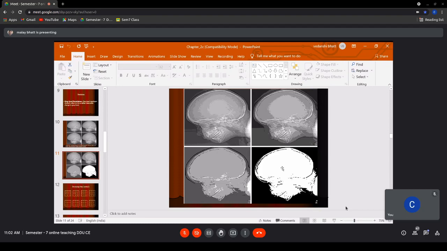And at last, we have only 2 levels, 0 and 1. You can see a pure black and white image. Hardly can you identify that it is the face of a human, the head of a human. You cannot see that even clearly. So this is how, through gray level resolution, when you reduce, you are getting false contours in the image and the details will be lost from one level to another level.